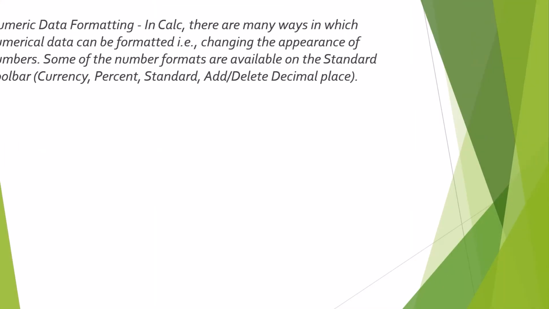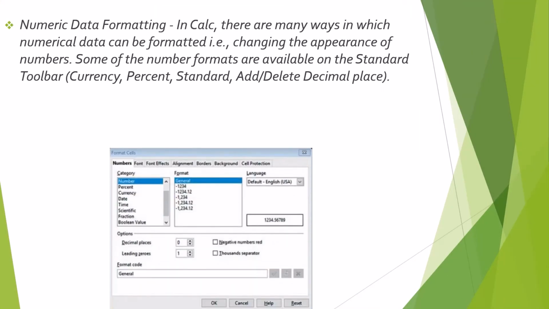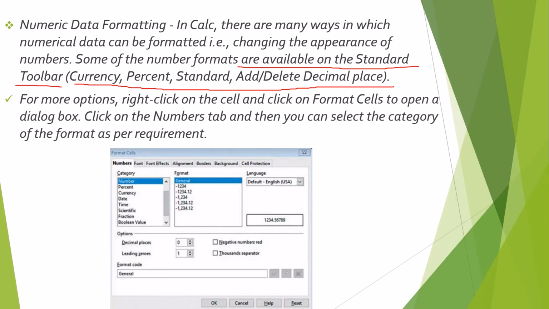Now, numeric data formatting. We have a lot of options in Calc by which we can change the appearance of numbers. There are various number formats. These are currency, percent, standard, add decimal place, and delete decimal place, and these are all available on the standard toolbar. For more options, if you can't find all the number formats on the standard toolbar, then